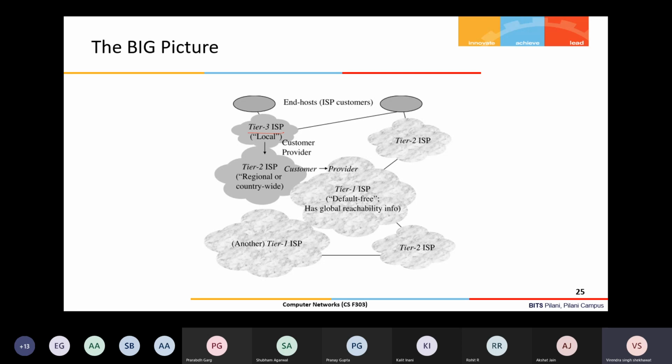Similarly, in each state the local ISPs work. Tier 2 ISPs mostly have countrywide reachability. Tier 3 may have reachability within the country, but in limited states and so on. Based on that, this tiering is there. Sometimes tier 3 is also called local, or there is even one more hierarchy within the state: local ISPs that give services in maybe 1 or 2 districts. So that hierarchy can go further down as well.